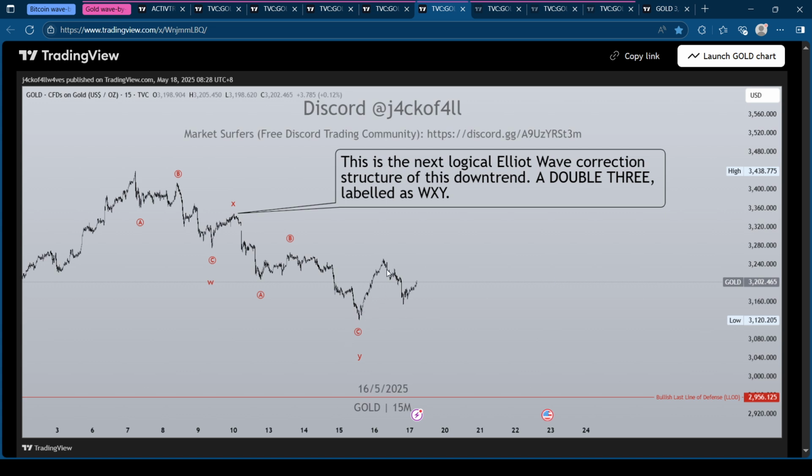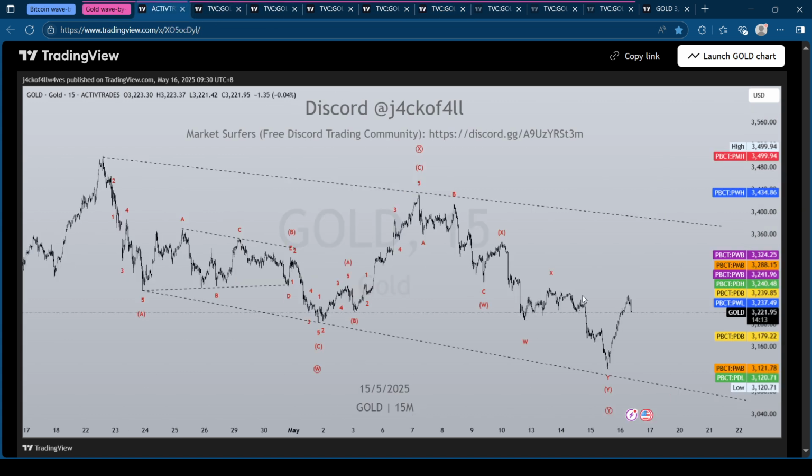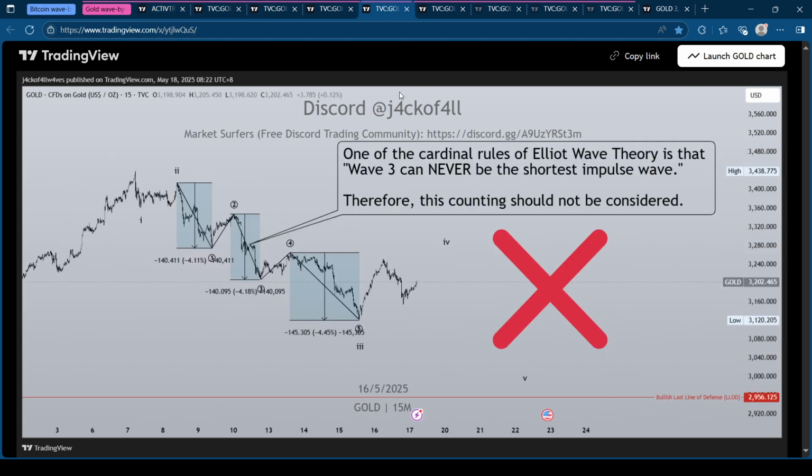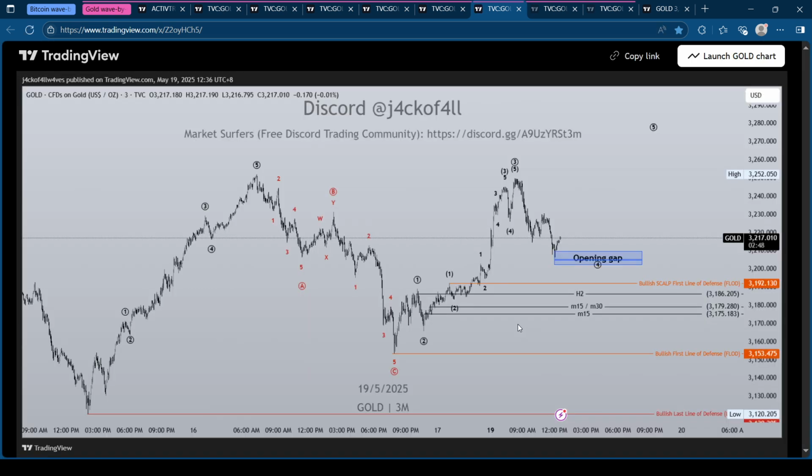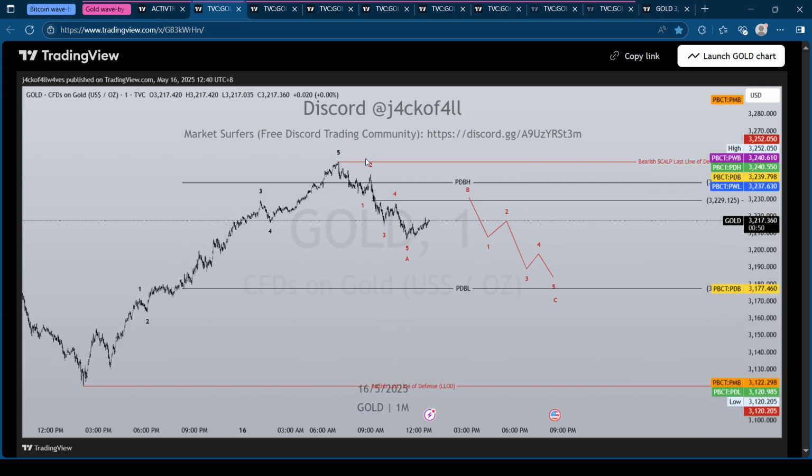So what is expected from here? Just like what I have forecasted, it will create a wave 1 here or wave 2, and then it will continue to go up at least 5 waves. After 5 waves up, that's the time that we can confirm whether it will create an impulse or a corrective wave. When I say impulse or a corrective wave, I am referring to the current counts. The current counts is, this one is clear: 1, 2, 3, 4, 5 waves. That's the first wave that I have mentioned up here.